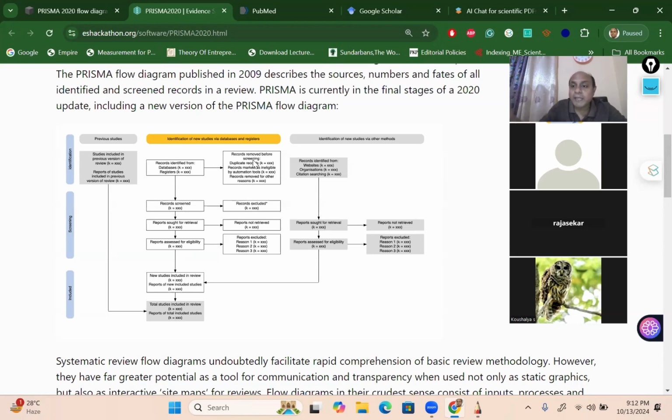There are some duplicate papers from different databases, since we are collecting from several. Maybe we can screen out those duplicate papers. Some of the papers do not fall under our research title. Some of the papers do not follow the research objective of our research. So depending on that, we filter, and finally we end up with the number of studies that we actually review